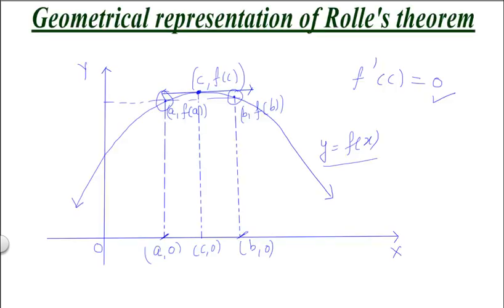In the geometrical interpretation, just have a look at the graph. Here a function is given, y equal to f of x, right? And then we have taken the interval from a to b. You observe carefully, f of a and f of b are exactly equal values. So when f of a and f of b are equal, the function you see is continuous as well as differentiable in between this interval. Hence f dash c will be equal to 0. So we have to actually calculate that point c using Rolle's theorem. Clear? So we will do some questions on Rolle's theorem to understand it more clearly.